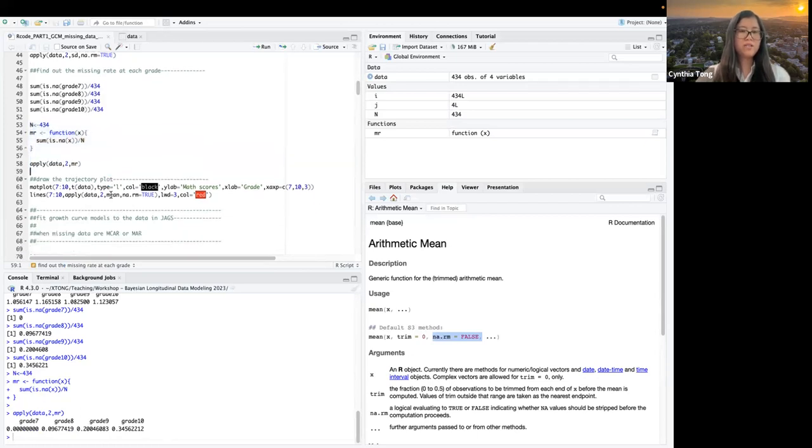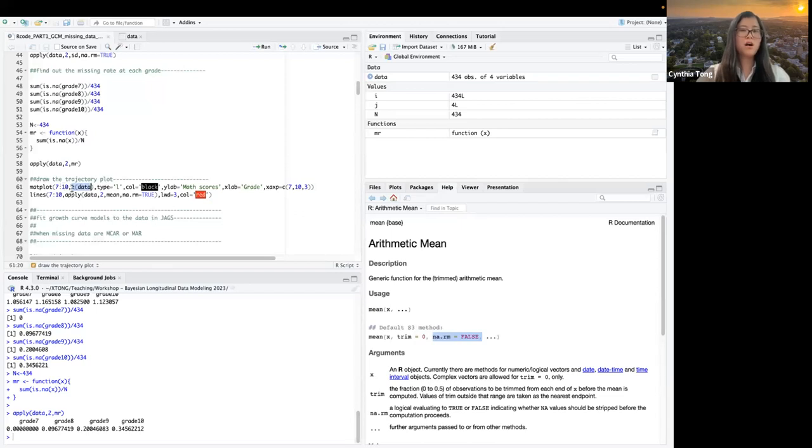And for longitudinal data, we can draw the trajectory plot by using the matplot function. So the x-axis is from 7 to 10, 7th grade to the 10th grade. And the y-axis is just the math scores, but we have to take the transpose of it just to match the dimension.